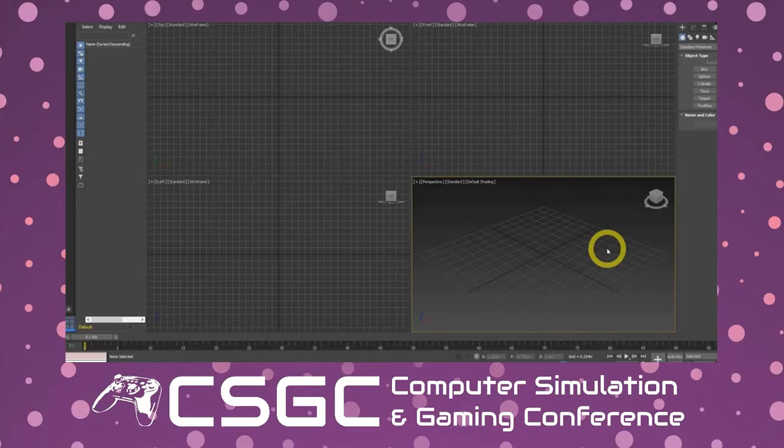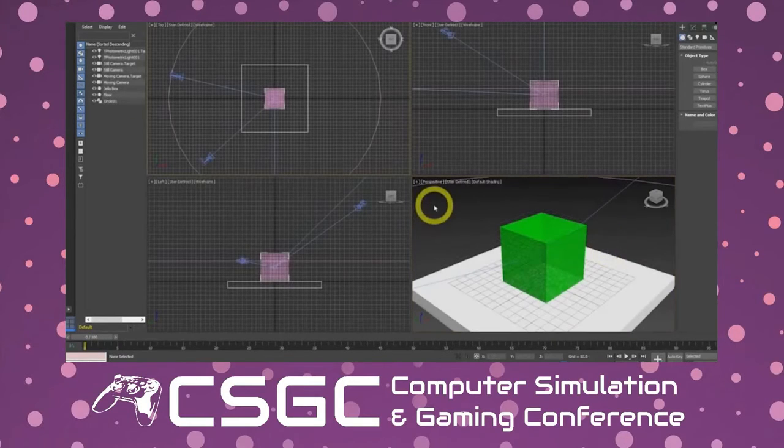Now that we have a scene open inside of Max, we're going to really quickly go over how to navigate that scene. When you first load Max, you are presented with 4 viewports, as they are called. There are 3 orthographic views and 1 perspective view. Orthographic views are simply views that align the object with a specific viewing plane.